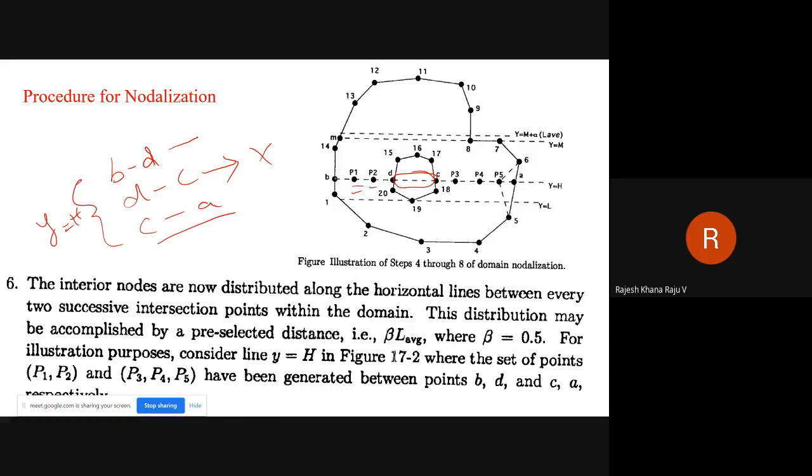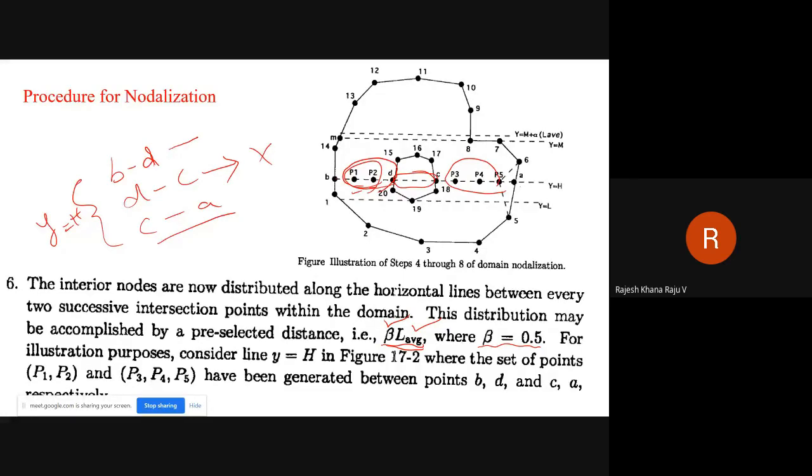So once we know the zone between the intersection points B to D and C to A, the next task is to place the intermediate grid points across this line. To place these intermediate grid points, we will take a value or length of your choice. Here it is taken as beta times L average. L average is already known, and beta is a user defined value. Let us say we fix this beta as 0.5.